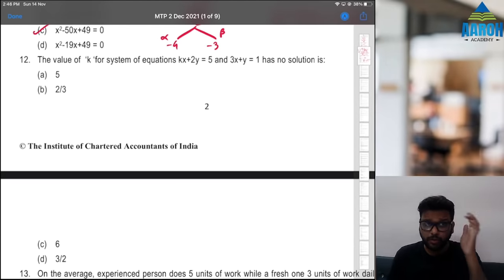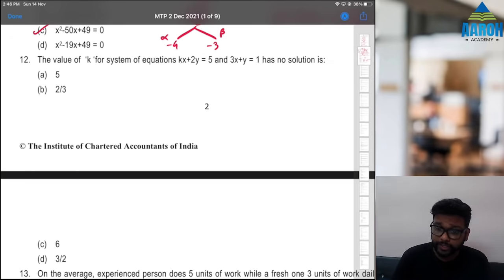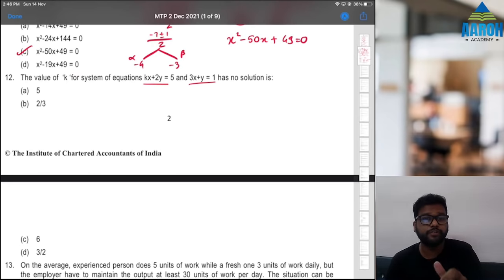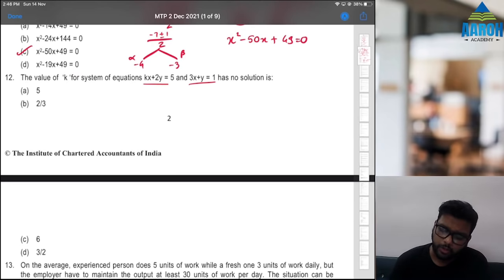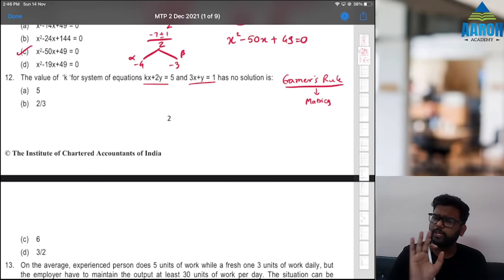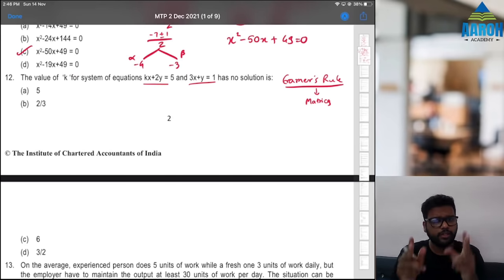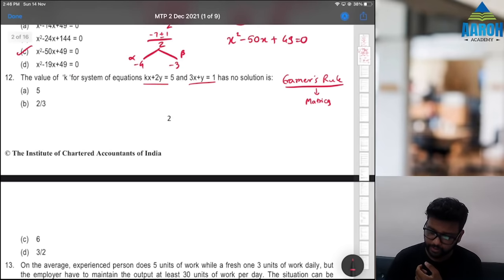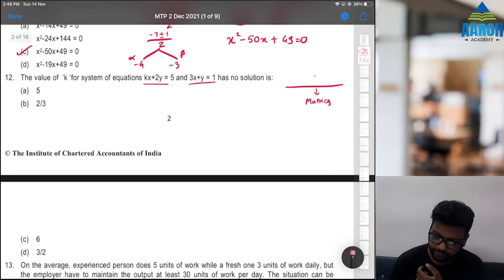Okay. Now for question 12, one thing that you can use is they are asking the value of k such that this has no solution. One thing that you can use is Cramer's rule. This was in the chapter of matrices, but the chapter is now removed from syllabus. So you may not have studied Cramer's rule, but that is okay. If you know Cramer's rule, then find determinants and get the answer. That is a good way. But otherwise, forget about it. Understand something. How we can solve this still.